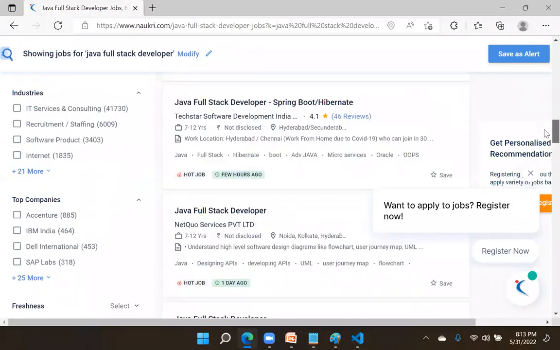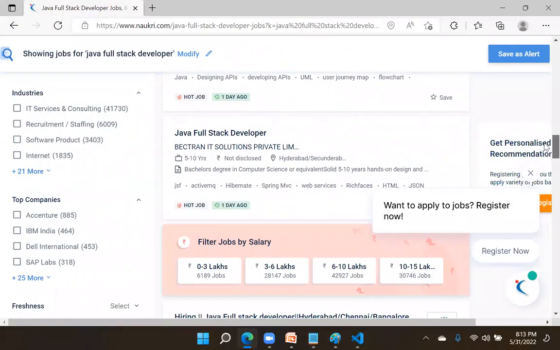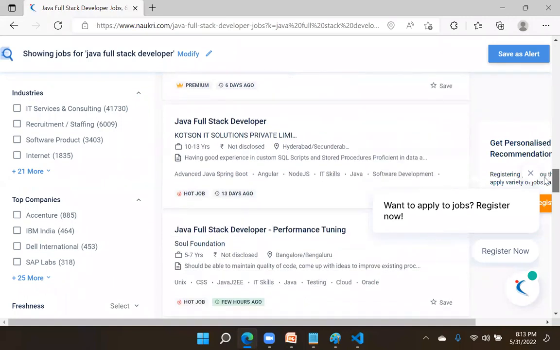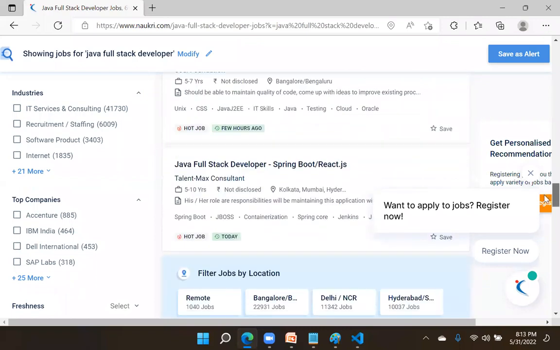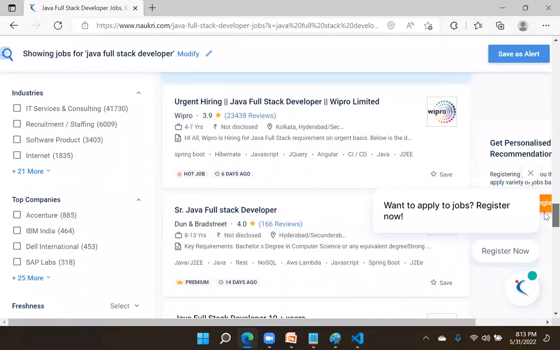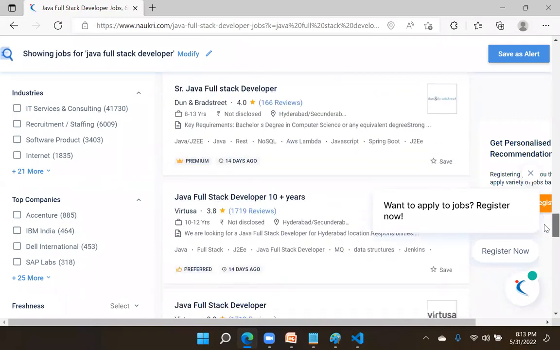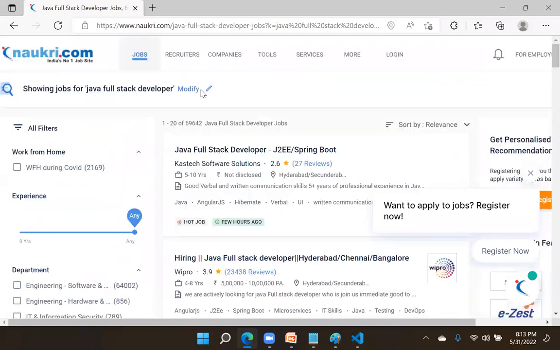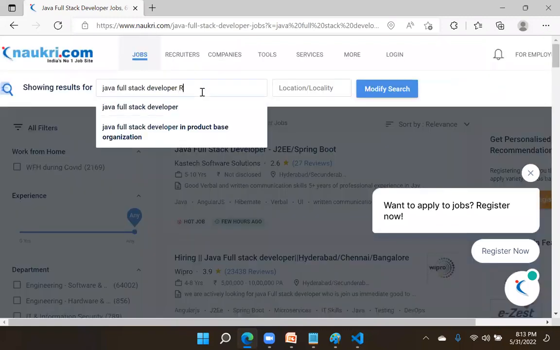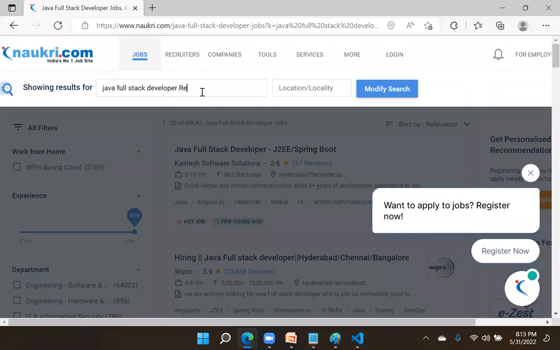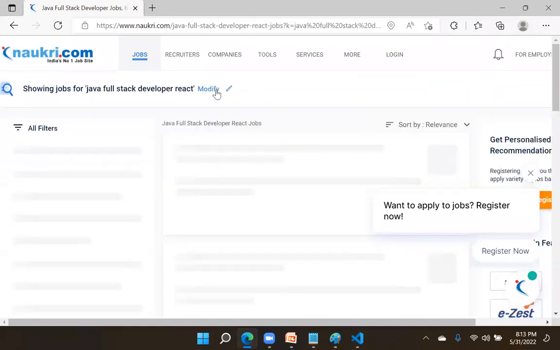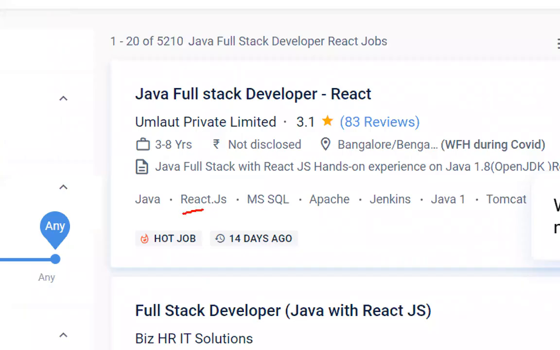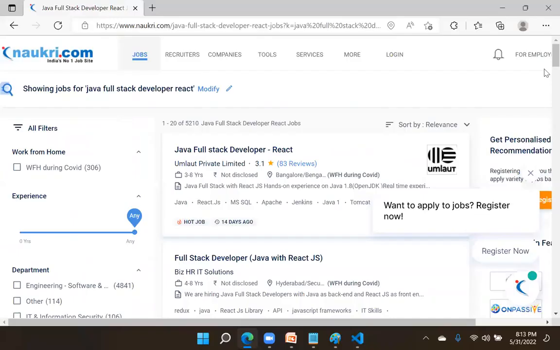And when you go here, some companies will ask for React. That means they will ask for React.js. So in the details, they might have mentioned both Angular and React, right? We are just looking at the outline, right? When you look at so many skills, you can filter. I will modify this to directly get Java developer React, and you can see so many requirements will come with React.js. With React.js, that means you have both requirements.